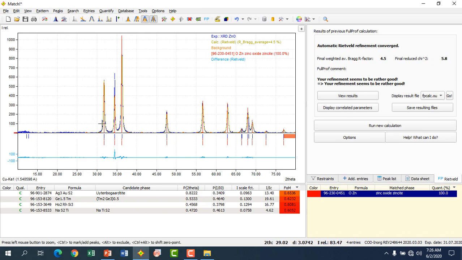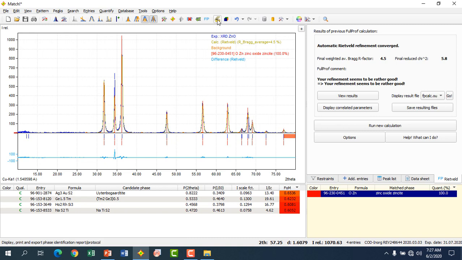See, you can get all the data here: the standard JCPDS file, recorded data, calculated Rietveld refinement peaks, and the difference of the Rietveld refinement. It is the easiest way for beginners. Now we matched our recorded data with the standard JCPDS files, and we performed the Rietveld refinement analysis of our recorded data. This is the easiest method for beginners. We can easily match our recorded data with the standard JCPDS file data.